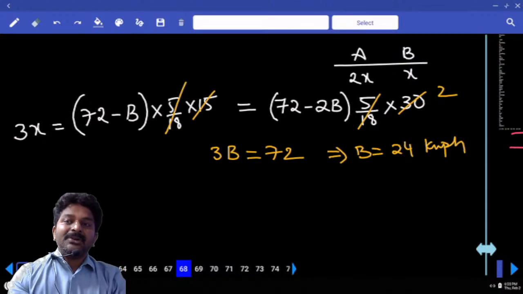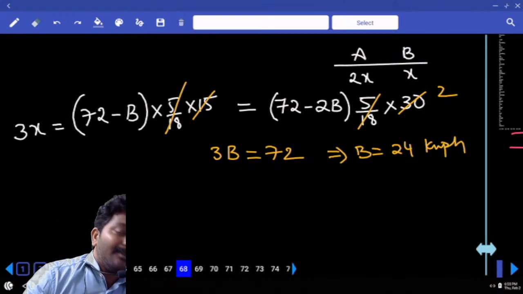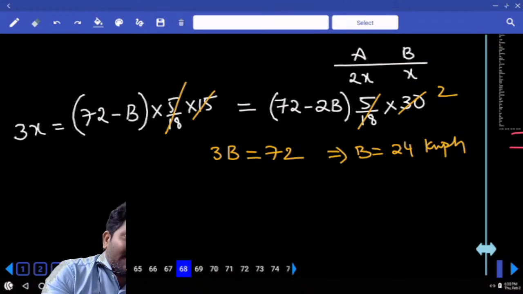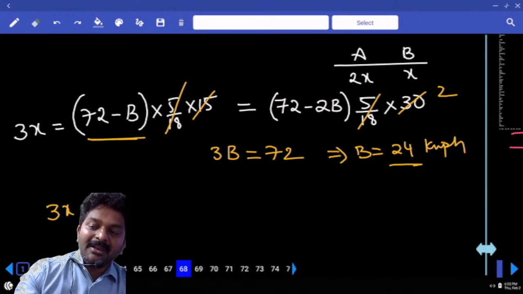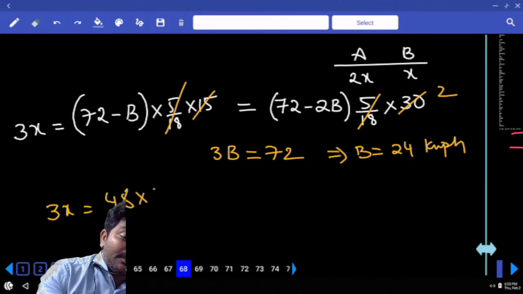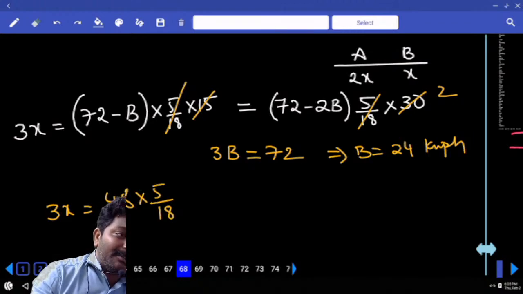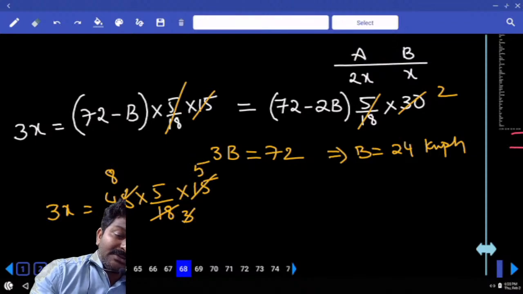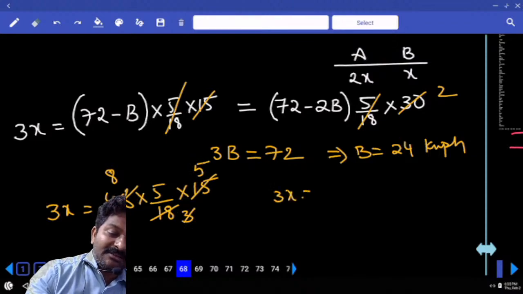If the question is about speed of train B, we are done with the answer. But we were asked to calculate length of train A. 3x is total distance covered, right? It is equal to 72 minus b. B value 24, 72 minus 24 is 48, into 5 by 18 to convert kilometer per hour to meter per second, into 15. So from this, 3x is equal to